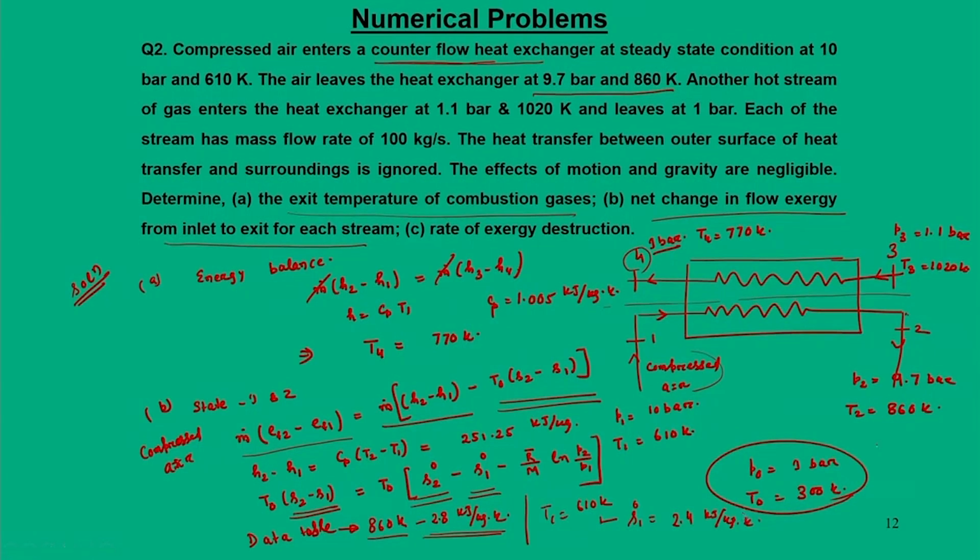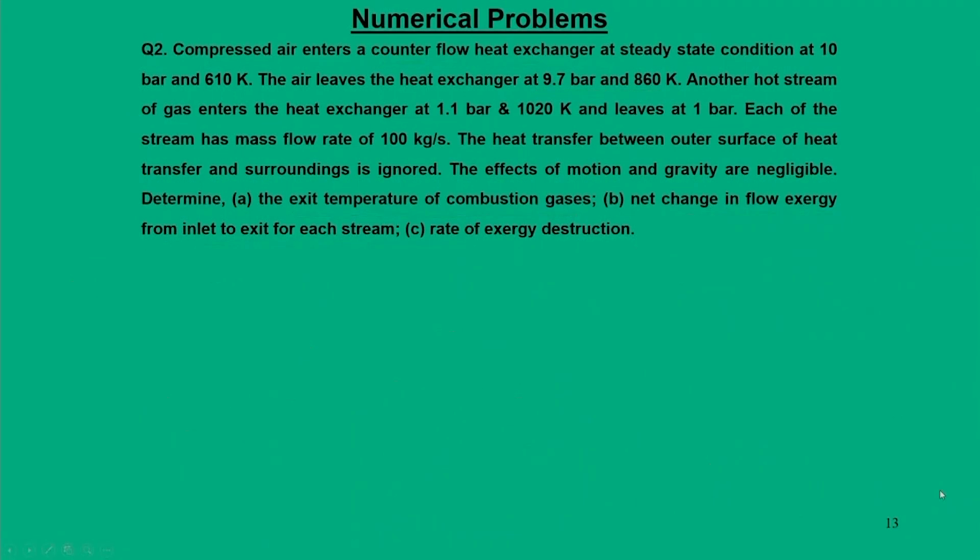Apart from that, we have R bar, the universal gas constant, 8.314 kilojoule per kmol Kelvin, and molecular weight simply we can write 28.97. By putting these numbers we can now calculate for part B,